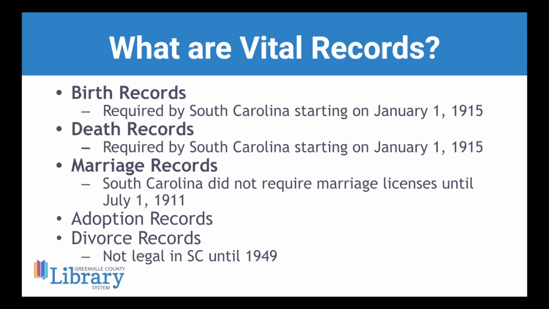And then my other tip is that, especially if you're searching for female ancestors, but also male ancestors, it is very helpful to search for all different types of name variations that you can think of. When you're searching for your female ancestor, you want to search by her maiden name and her married name, as well as potentially any nicknames and things like that. So you want to exhaust all of that. If you're not finding something, try all those different name variations to see if a record comes up that way.